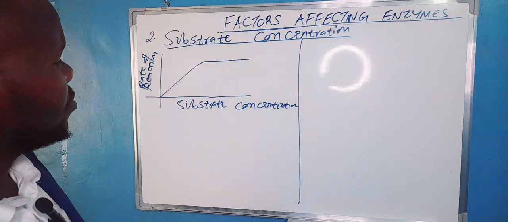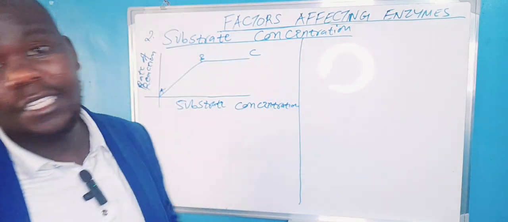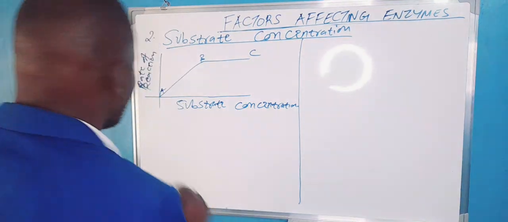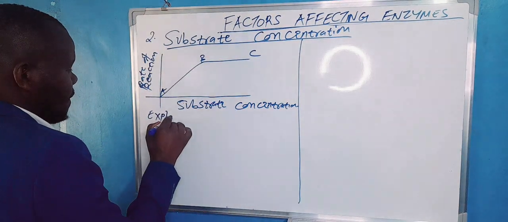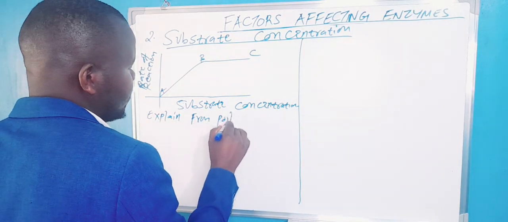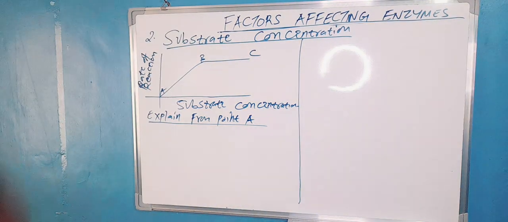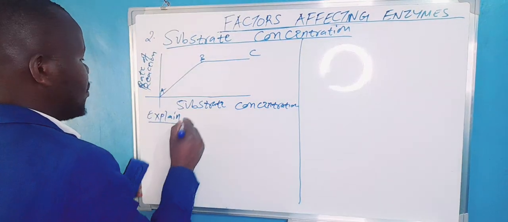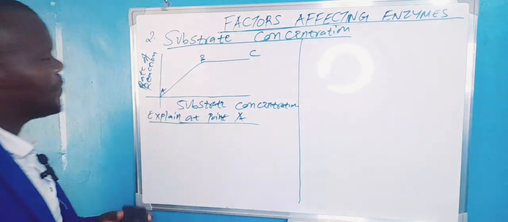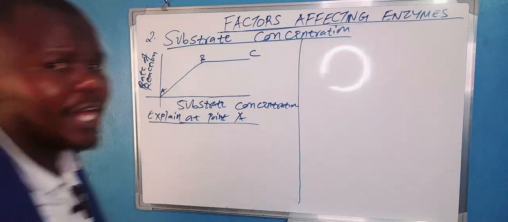From this point now, we make our points A, B, C. Not necessarily A, B, C, it can be 1, 2, 3, anything that you can use. From that point, you explain at point A. What is happening at this point A? We are speaking about the substrate concentration. At point A, you can check that